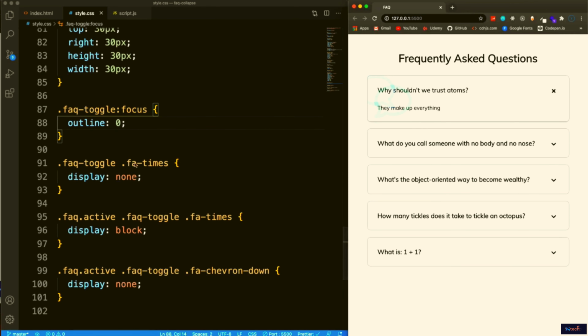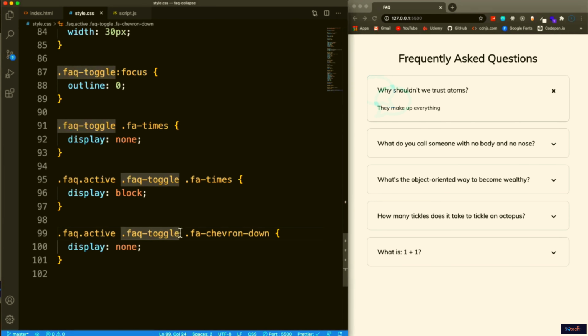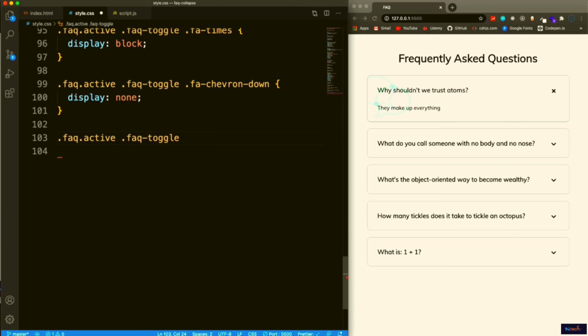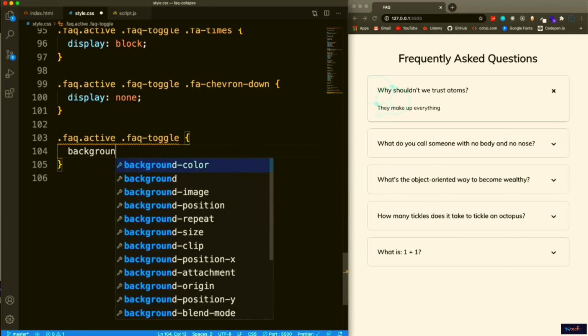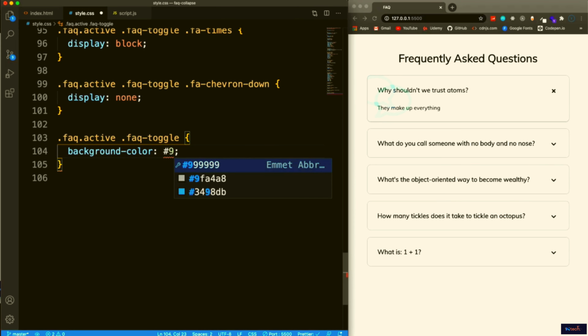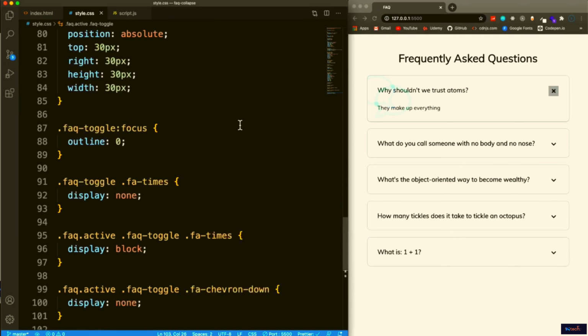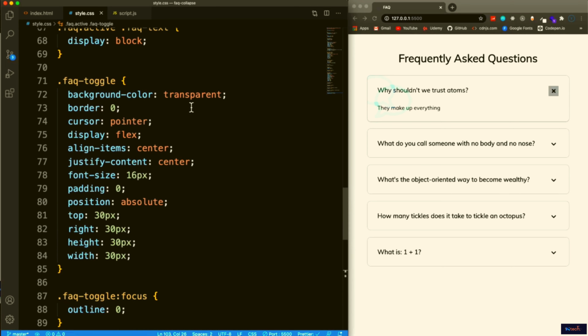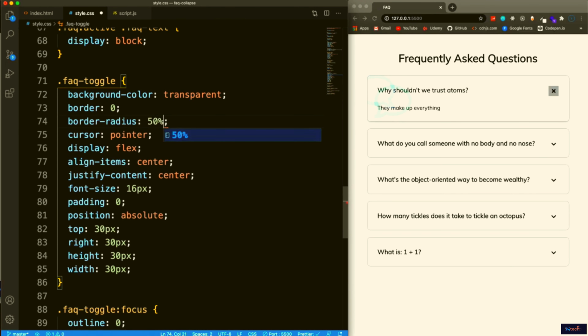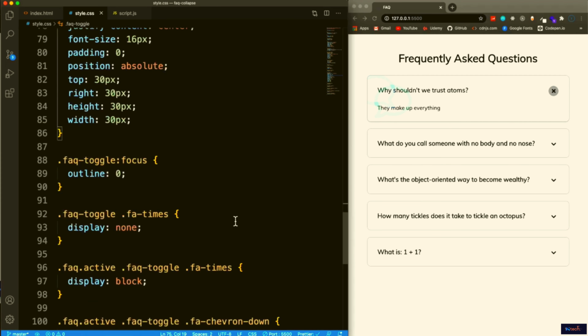Also on the active toggle, let's grab this here. So on the active toggle, I'm going to set a background color, hexadecimal value 9fa8da. So you can see the X has that background. I want that to be rounded or circular, so I'm going to add on the faq-toggle a border radius of 50%, and then I also want to make the text or the icon white if it's